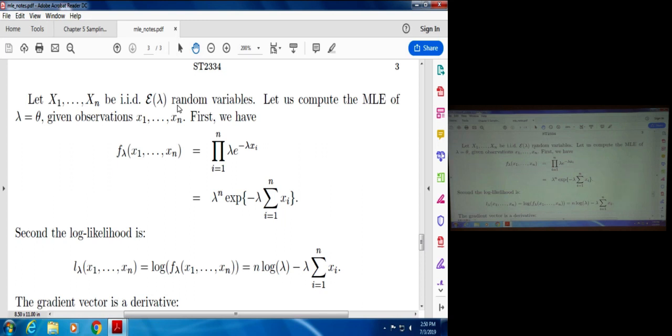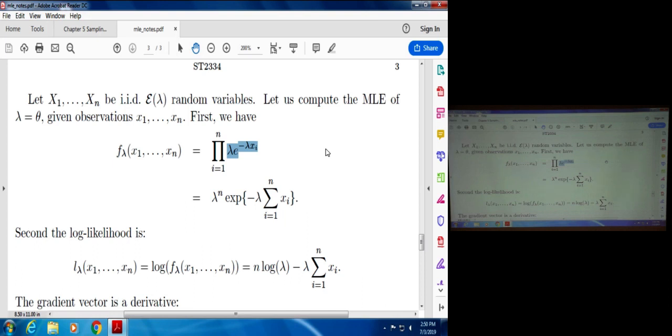Okay. So in this case, what we want to do again is to compute the maximum likelihood estimate of theta, which is lambda. They're the same thing. And what we're going to do is observe these random variables x1 up to xn. So the joint PDF of the observations, for a given lambda, assuming they're IID, independent identically distributed, is the product i is 1 to n of the density function of a given data point